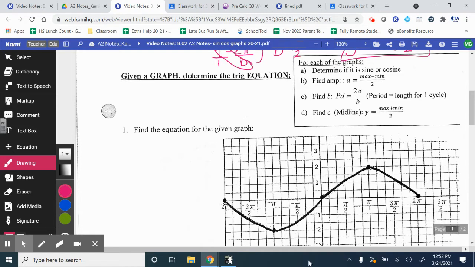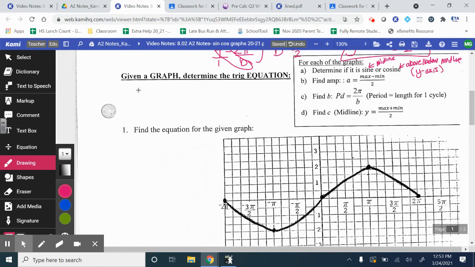So letter A, first determine if it's sine or cosine. To do that, you're going to figure out where it falls on the y-axis. If it starts on the midline at the y-axis, it's sine. And if it starts above or below the midline, it's going to be cosine. We're focusing on the y-axis to decide it, because these graphs can be shifted